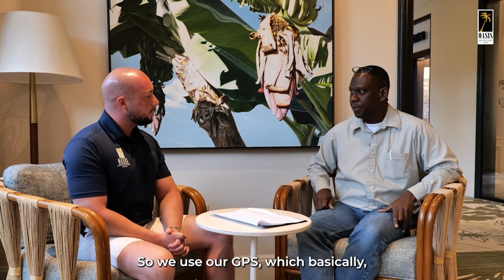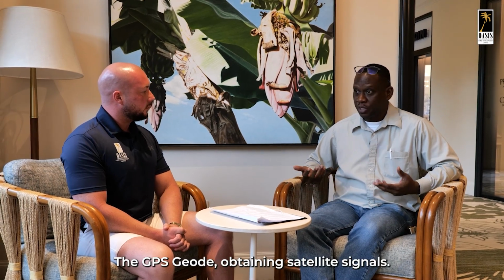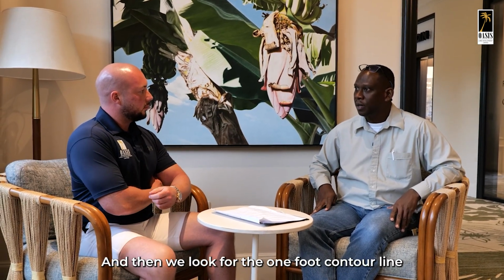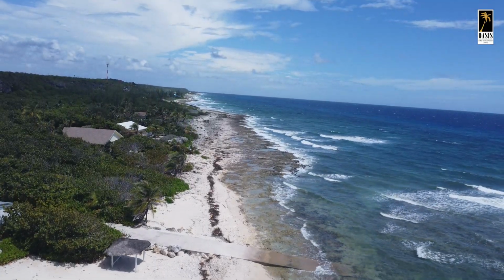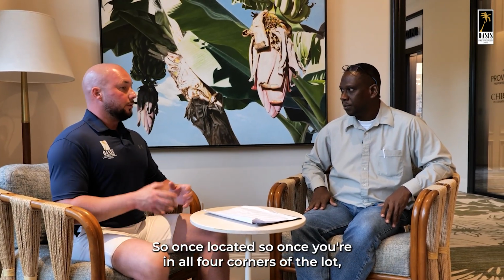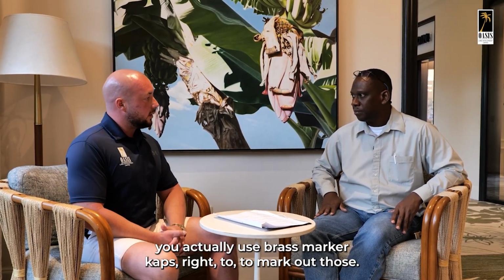So we use our GPS, which works with the GPS geoid for obtaining satellite signals, and then we look for the 1 foot contour line or the mangrove edge or the ironshore edge, and that is the method that we use. So once you're in all four corners of the lot, you actually use brass marker caps, right,